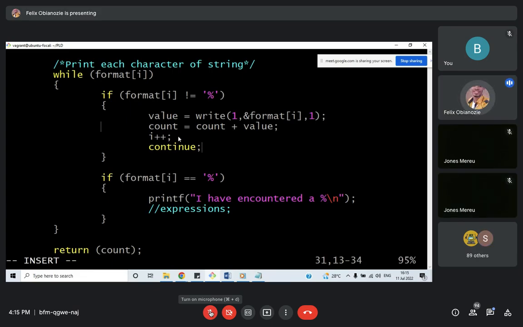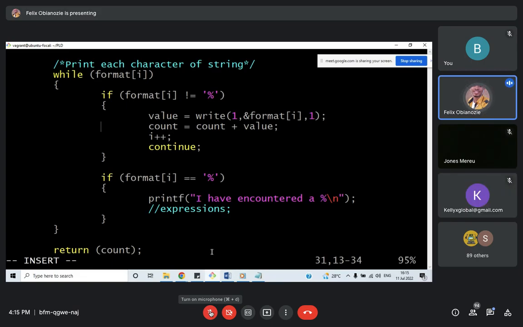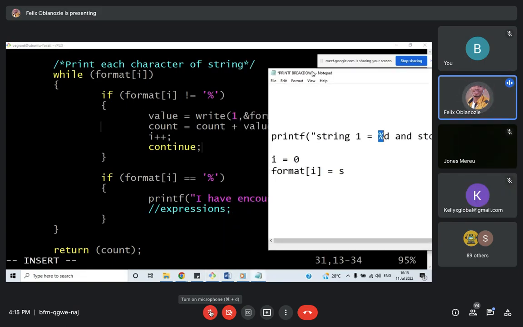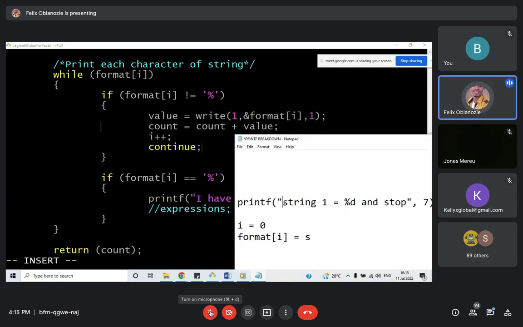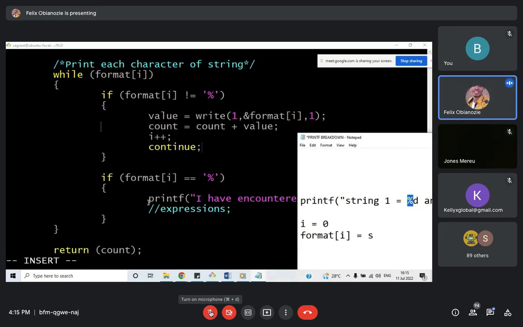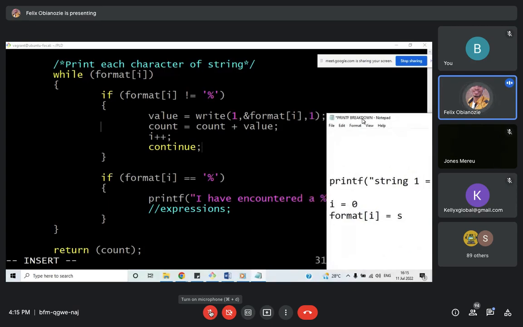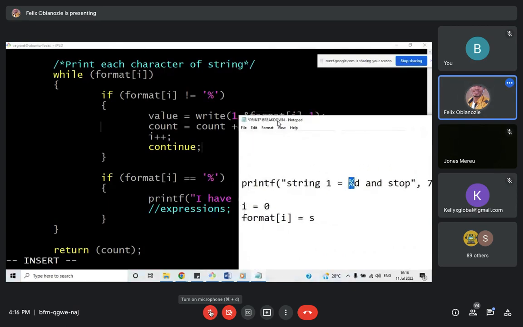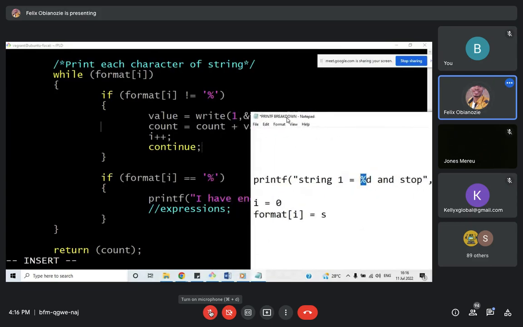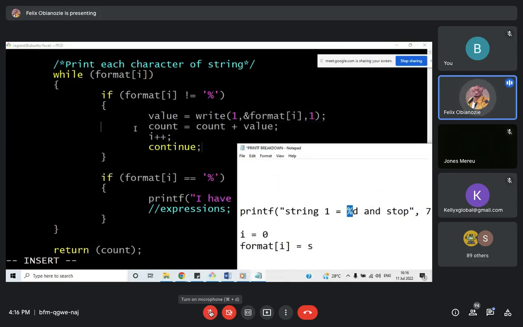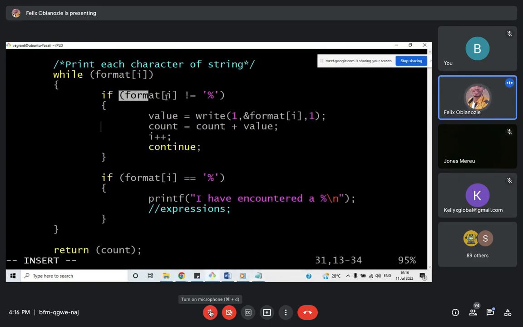So that is what will happen. Now, this is the logic here. Let me compare it with what we have here. If it keeps going and passing through the text, and it hits a percentage sign, it will enter this place and print, I have encountered a percentage sign, and stop for now. Then if this is working, we'll go on, but if not, once it enters here, if it goes into this place,